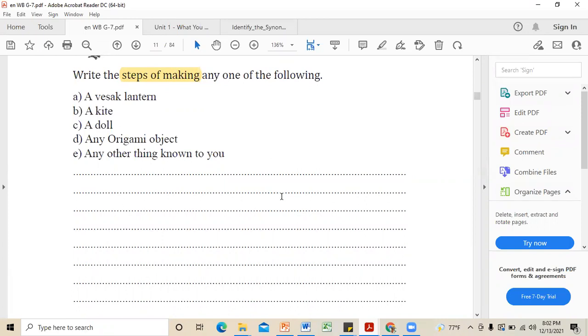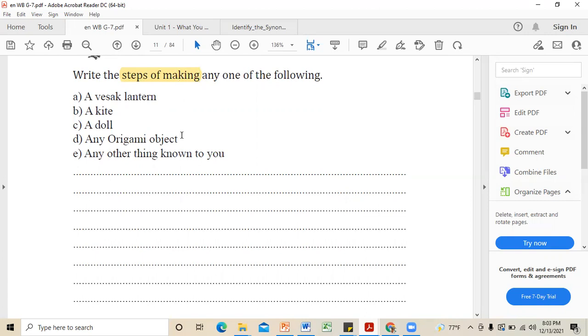If we need pieces of paper, maybe we might need some gum. Likewise, there will be different things we need to take. So that needs to be told first, and then we will have to give, step by step, how we are going to build any object which you think you can build, right? So you can select any of these given topics or else anything else as well, right?